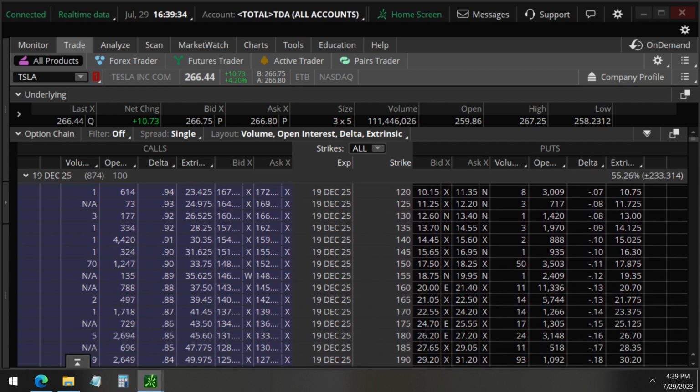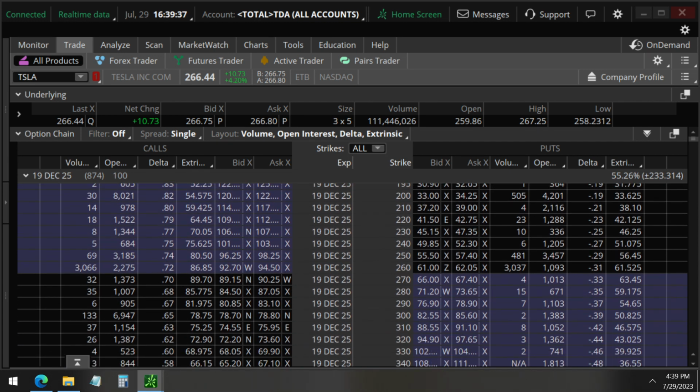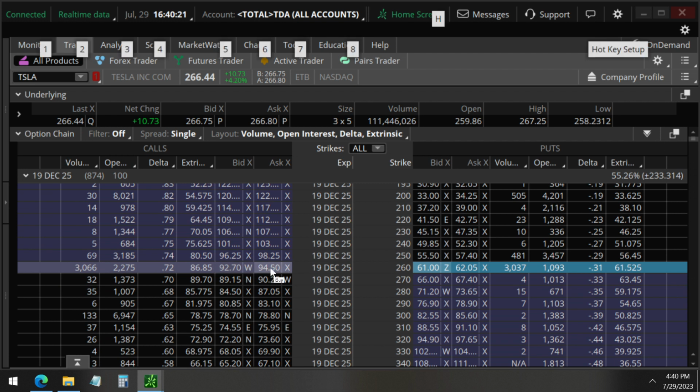Well, the thing is that the fact that this investor put on this trade on July 28 yesterday, he did not have to do this yesterday. He could have waited another time to put on this trade. Did not have to be yesterday, because another time could have been cheaper, for example, or the fact that this large investor put this trade on now, they believe Tesla's price for these options are pretty cheap at this time. That's why we believe they sold the 260 and they bought the 260 on the call